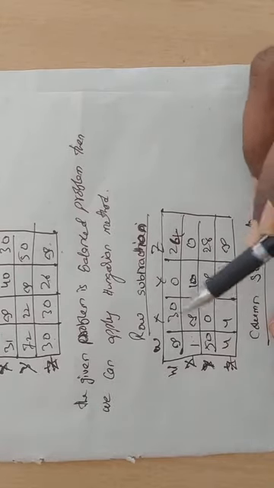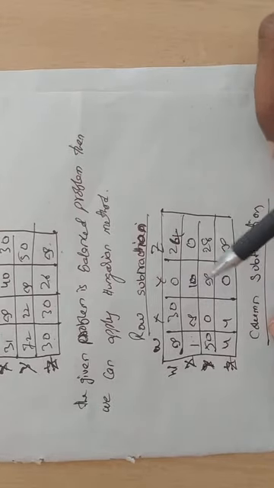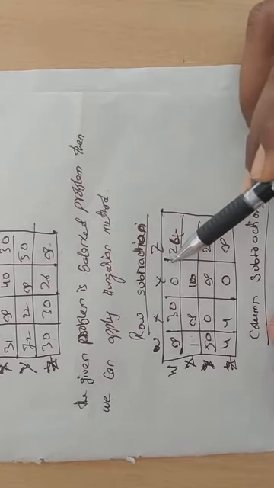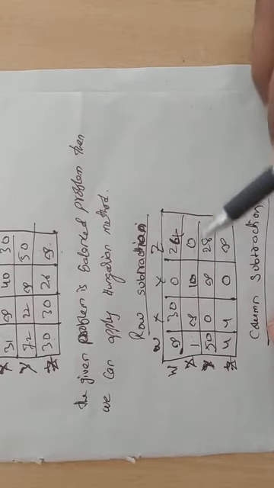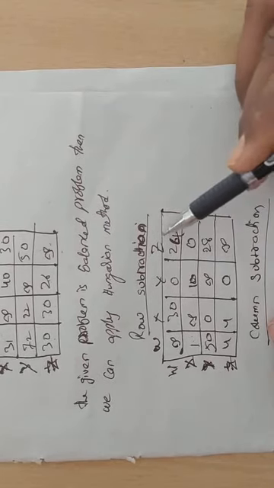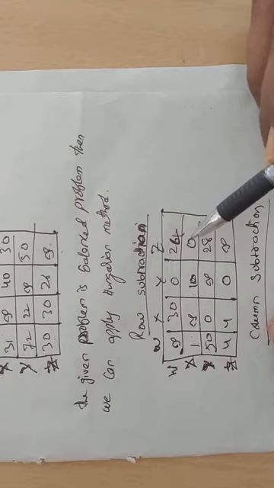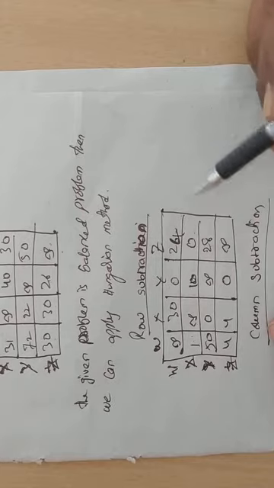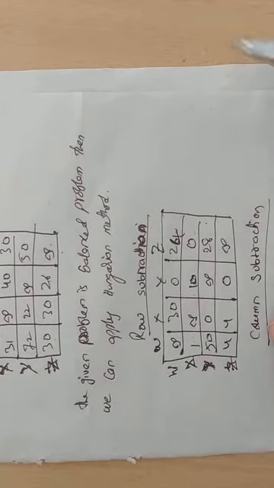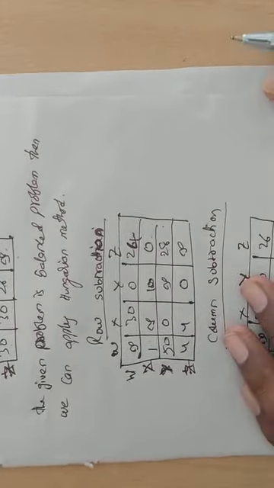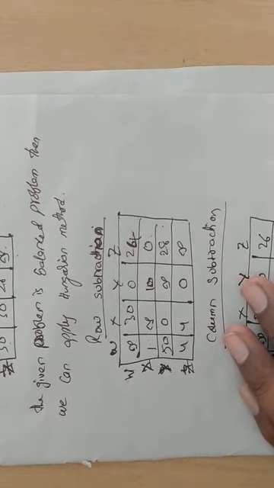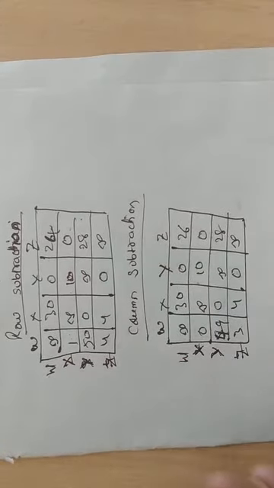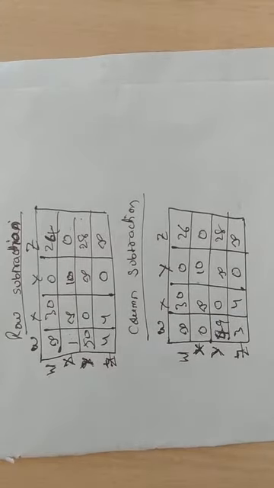Wherever we get a 0 in the particular column, we get the same elements. Here also 0 is there. That is why 0 minus 0, 10 minus 0. 0 minus 0. Here also in the fourth column we have the 0, so we get the same elements. 24 minus 0, 24. 0 minus 0. 28 minus 0, 28. Okay? So after calculation of this column subtraction, we get the matrix in this way.